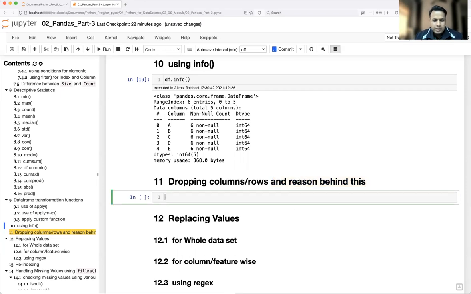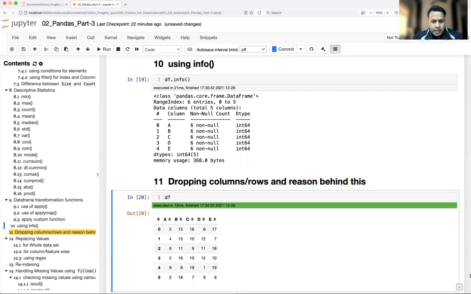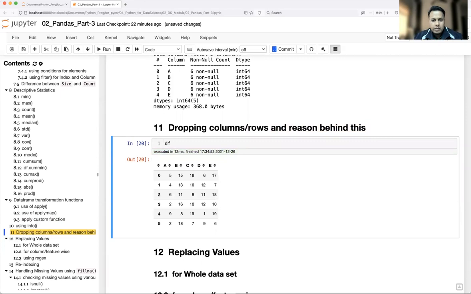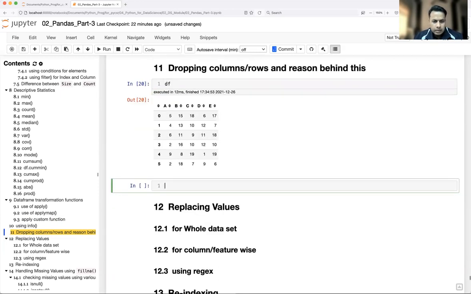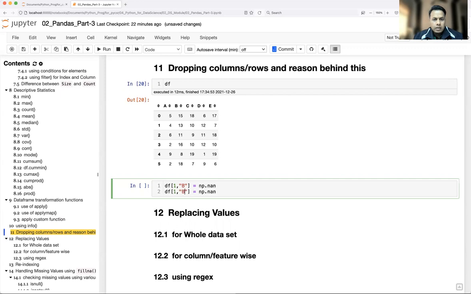So let me create one data frame here. We already have a data frame, so what I will do is insert or inject some NaN values. How to insert those values, I've already told you. Let's talk about row 1, column B equal to np.nan.